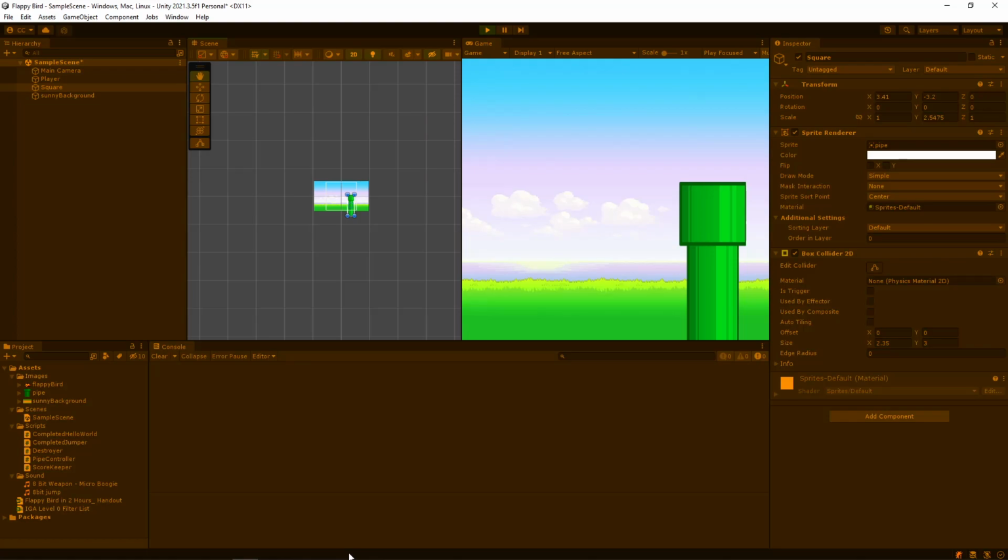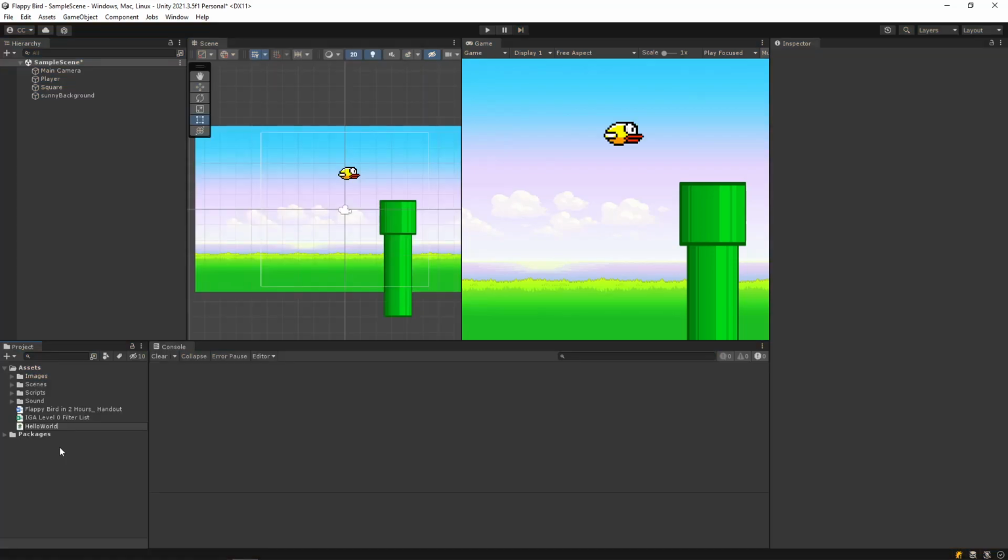And I'm going to call this, as an example script, Hello World. It's important to not include spaces in this. You can call it whatever you want, just as long as it doesn't have any spaces or any other weird characters. I'm going to click enter on that. And if I double click on this, we will see Visual Studio appear. I actually have a bit of a weird scripting setup, so I'm going to go in my preferences and just make sure everything is okay.